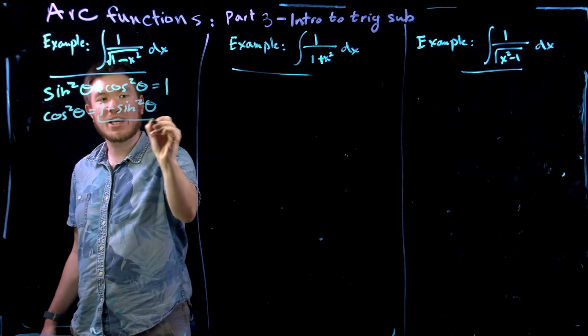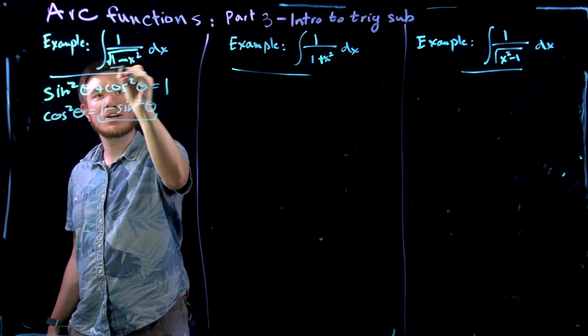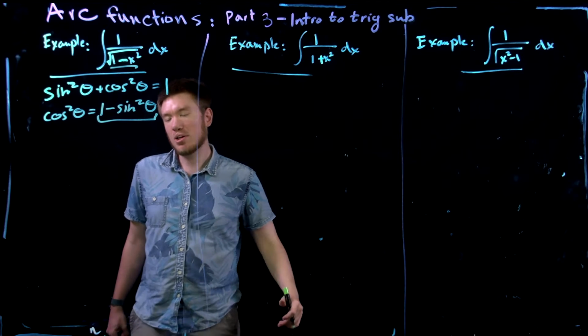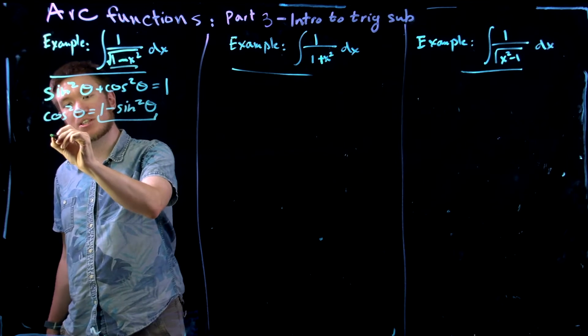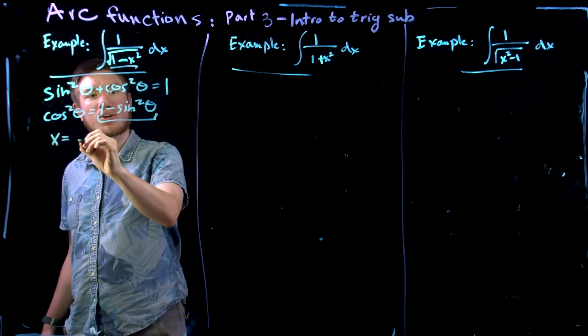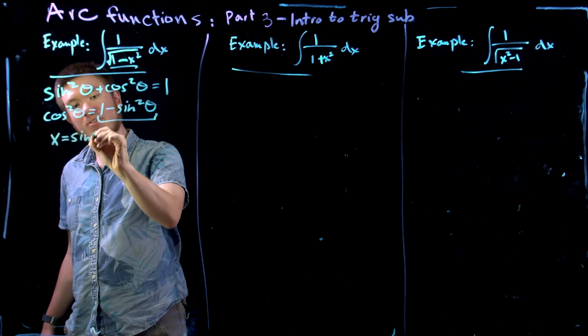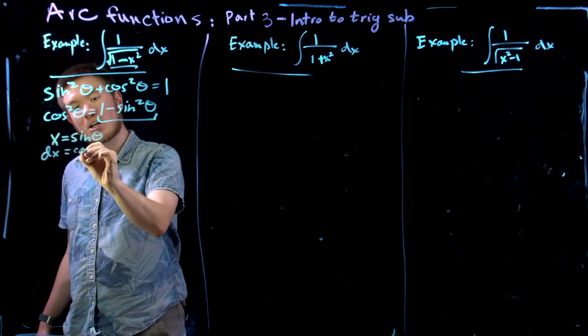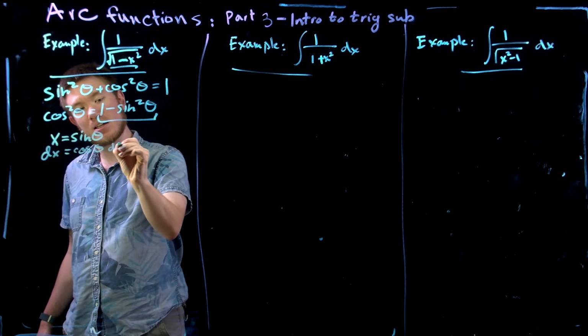And notice how this looks a lot like 1 minus x squared. So if we were to make the substitution x equals sine of theta, in which case dx equals cosine theta d theta,